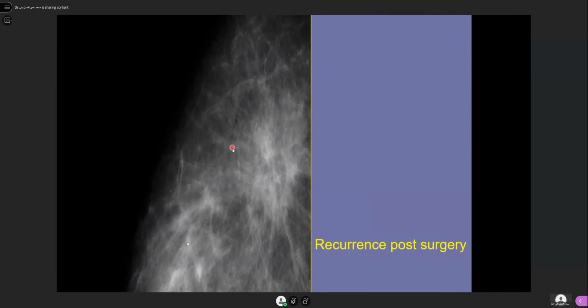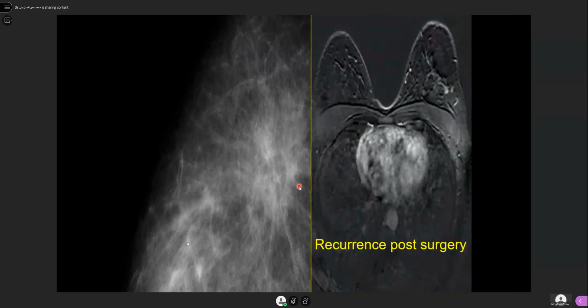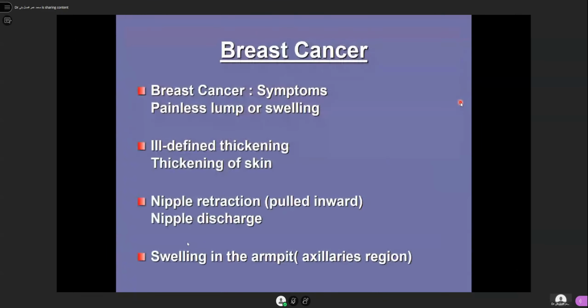Look, here you can see a radio opaque mass on mammogram. It is appearing ill-defined with infiltrative margins, but we don't know whether these are post-surgical changes or whether there is any recurrence here. After MRI, with contrast given, you can see there is enhancement here. That suggests there is a recurrence after surgery, because fibrous tissue will not enhance. So that's the end of the breast imaging.